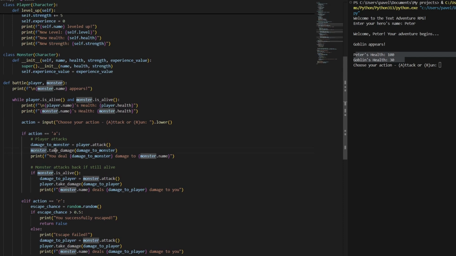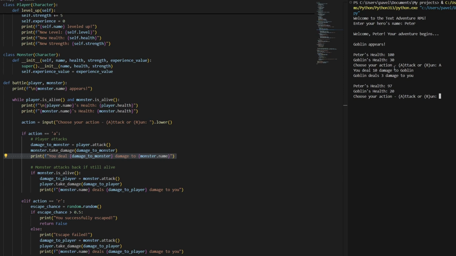For my monster, I'm going to invoke method takeDamage using the damage dealt by player as a parameter. And here is a message informing what happened. So, attack, you dealt 10 damage to Goblin. We are moving. If monster is alive, which it is, we are going to do the same thing, but now,